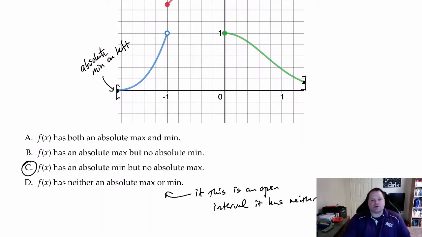And I would say, well, 0's, if it's open, we don't actually get to 0. So what's the smallest value to the right of 0? Well, there is no smallest value to the right of 0. If you tell me it's 0.01, I'll tell you it's 0.001. And then you'll say, no, it's 0.0001, and we'll go back and forth once again. So the idea of closed intervals is very important to the concept of whether or not you have an absolute